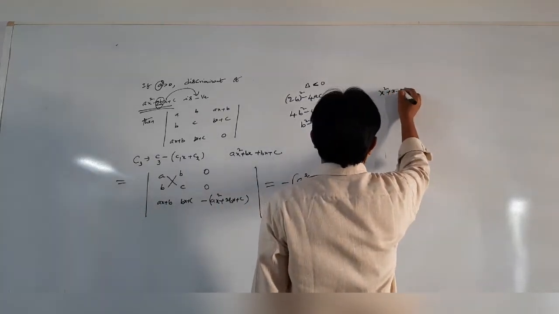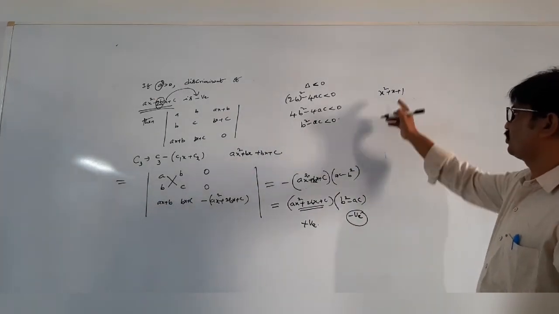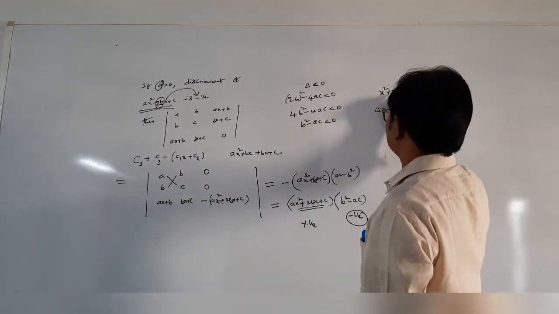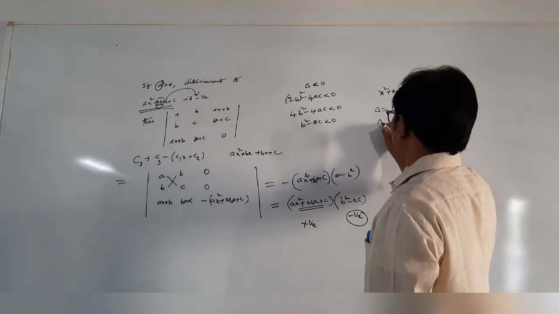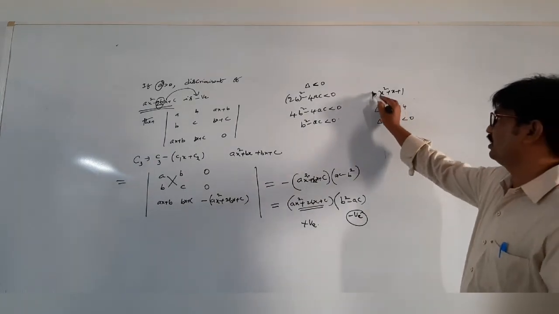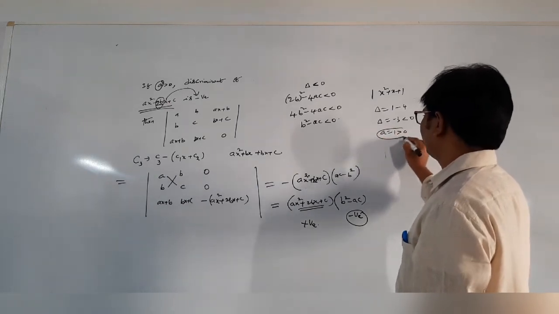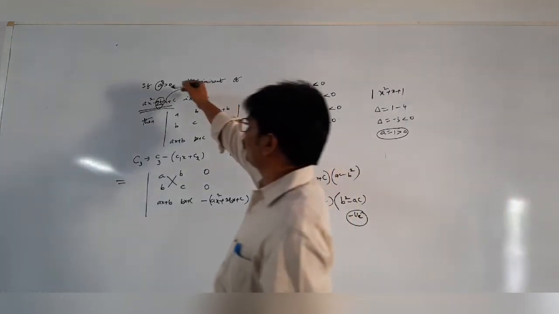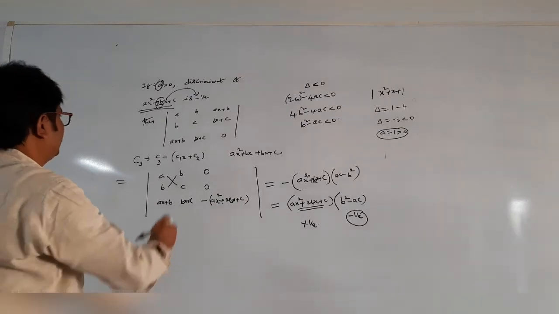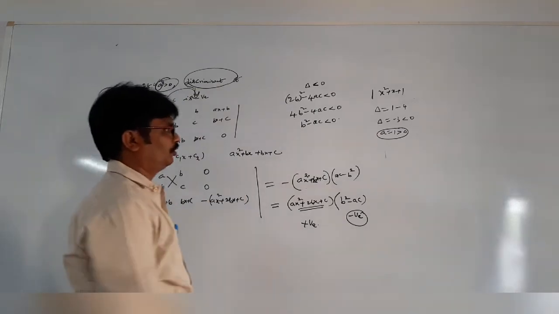My dear students, just take some example. Suppose we take x square plus x plus 1. What is the discriminant of this function? This expression b square minus 4ac is minus 3, always less than 0. But the coefficient of x square is 1, that is a equal to 1, positive. There we observe the x square coefficient is positive. Yes students, the x square coefficient is positive and the discriminant is less than 0.